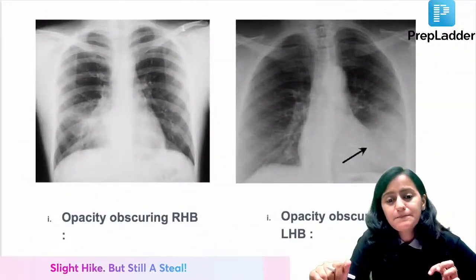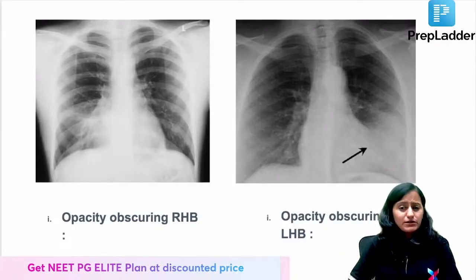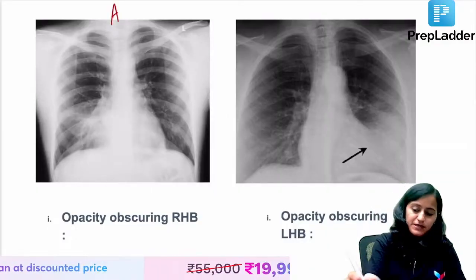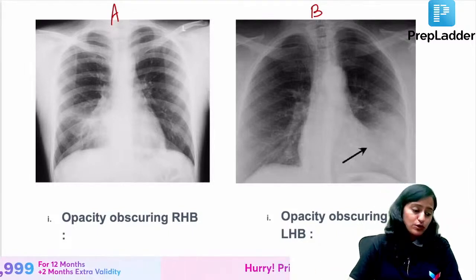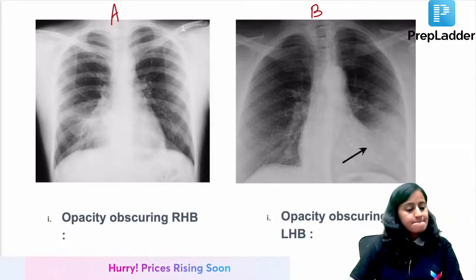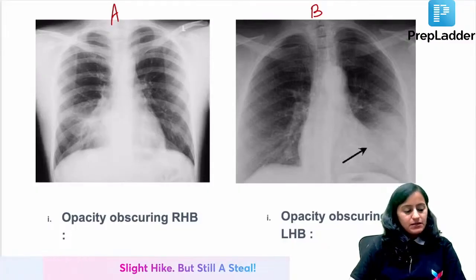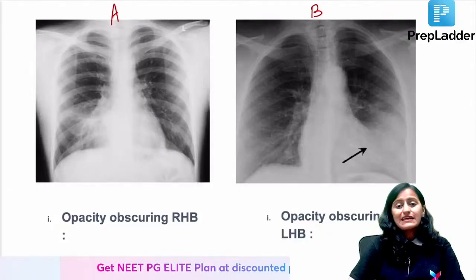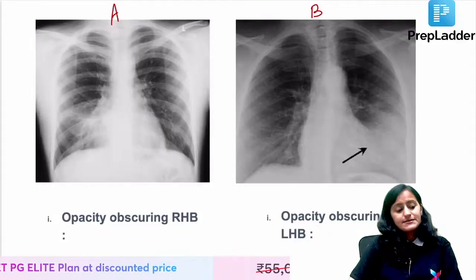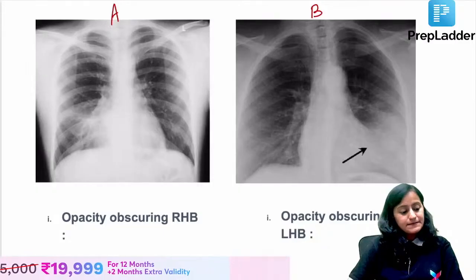Going to next one, what is the diagnosis here? Which lobe pathology is this? Image A and image B. And based on what sign, basically you tell what lobe is affected. For fluid, it is USG. Remember, very good, Deepak. Silhouette sign. First one is the middle lobe, the right middle lobe, and the second one is